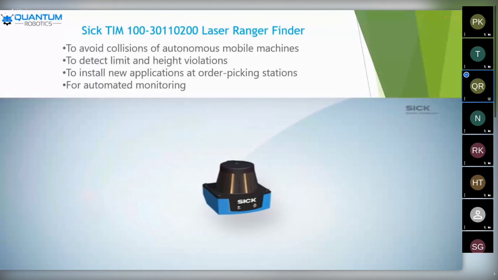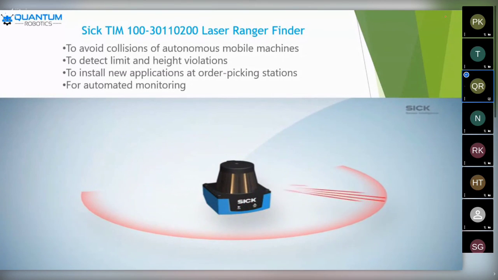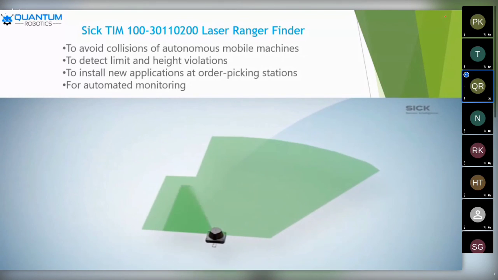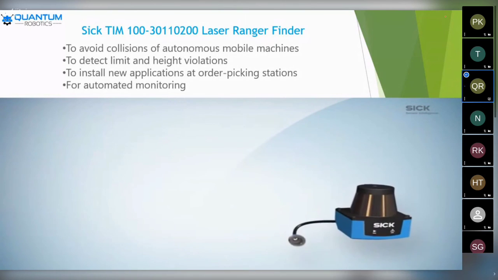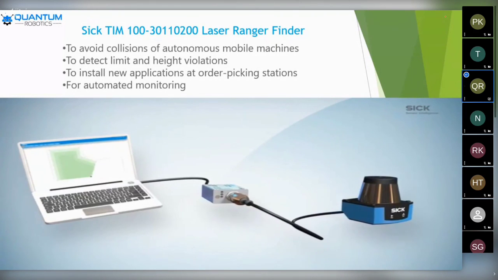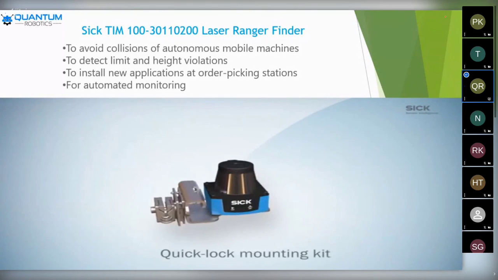With a 1-degree angular resolution and a field of view of 200 degrees, Tin 1 sensors detect even minute details and ensure highly reliable area monitoring. No matter if the monitored area is rectangular or has a free shape, you can easily design the field sets to suit your application needs. During teaching, TIM1 sensors will scan the surrounding and save the field shape. Or you may simply connect a TIM1 sensor to Surface AT software via an IO-Link master to configure the field set. There are various mounting kits available to suit your application needs.